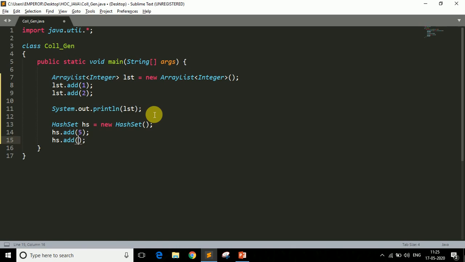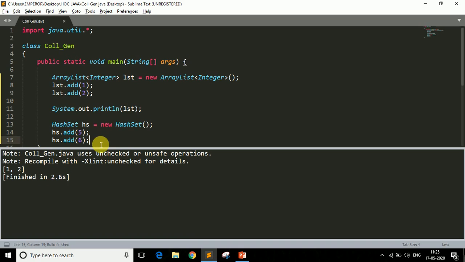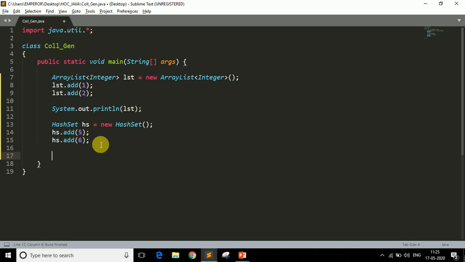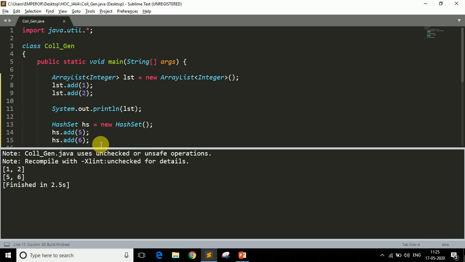Let's say I want to add these values to the set, and if I run the program, let me print the values also so that you can see the output. If I write hs here and now run the program, as you can see, we again got that note, and the note says unsafe operations.